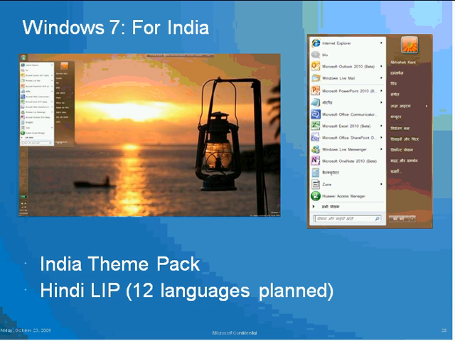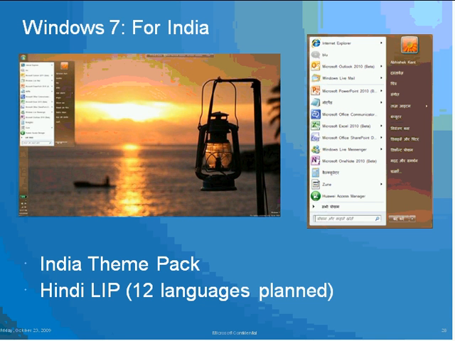The second thing that you can do, which has been released for Windows 7 already, is install the Hindi language interface pack. The second screenshot that you see there is from my machine. As you can see, a lot of them, if you can understand Hindi, is mentioned in Hindi.